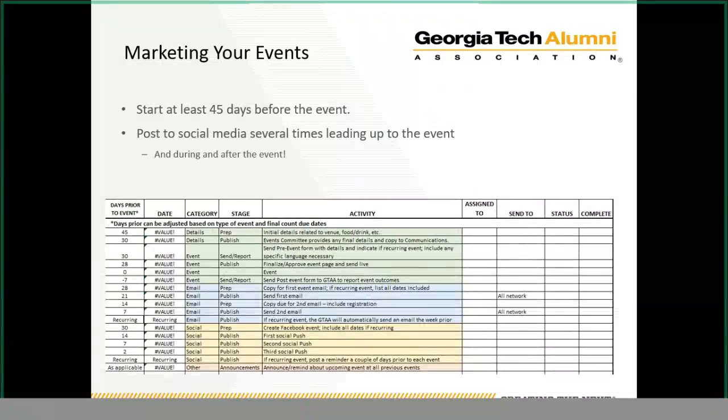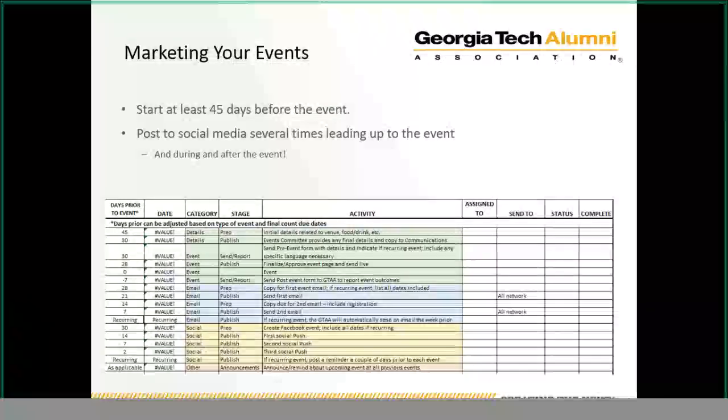This communication schedule template that I have on the screen, again, available in the toolkit. Hopefully you remember how to get there. This is just an example. It does look really complicated, I'm sure, but the document itself does include a how-to tab, as well as both a simple plan and a complex plan template. So it should cover all your needs. The one I have shown here on the screen is for our simple events. I know it doesn't look simple, but the complex one is a little broader.